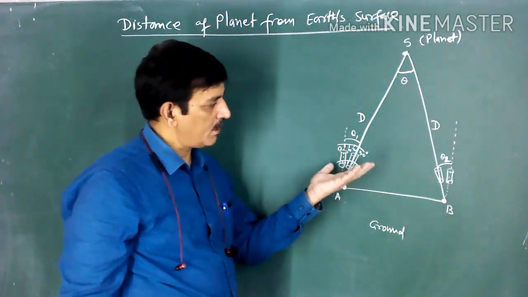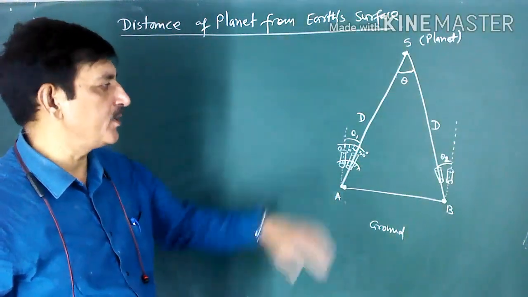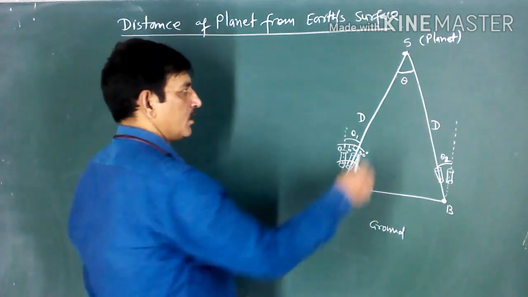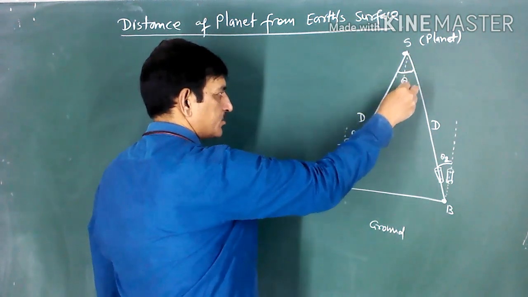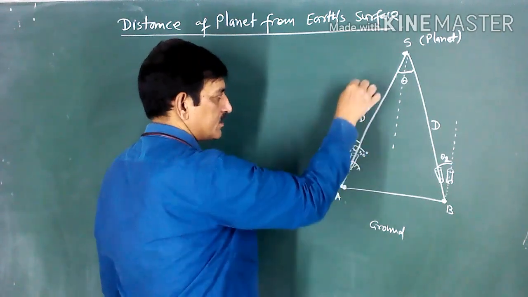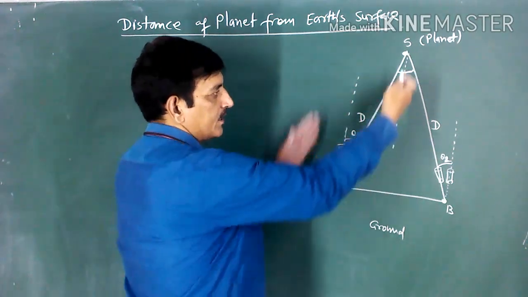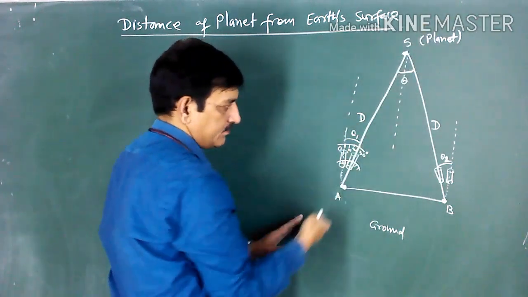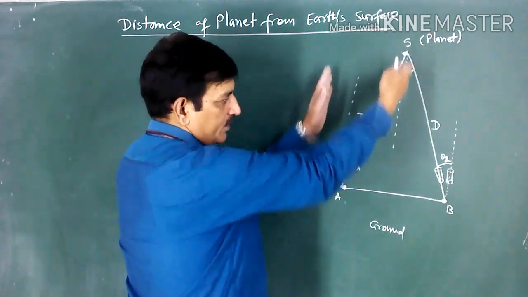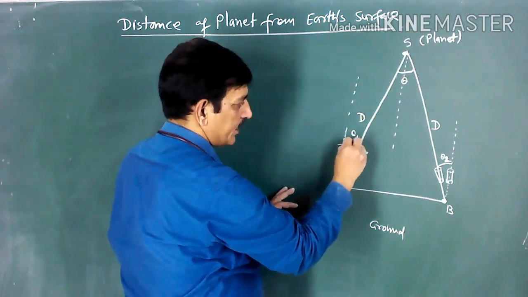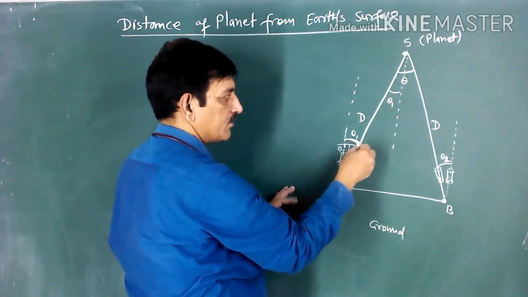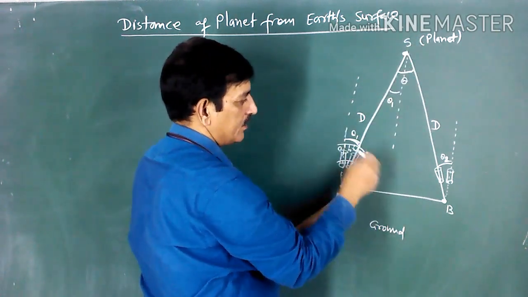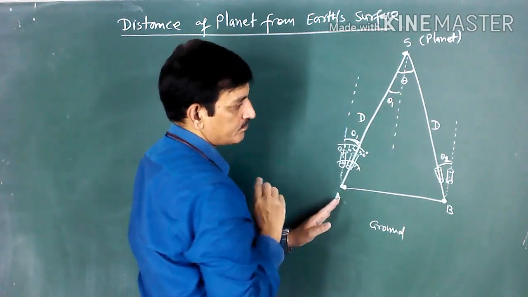And you can prove why this theta will be equal to theta 1 plus theta 2. If we draw a perpendicular, a vertical line through S, then you can see these two are vertical lines, and this line is intersecting the two vertical lines. So this angle and this angle will be the same. Here it is theta 1. This angle is theta 1 because these two lines are parallel, so these two angles will be the same.